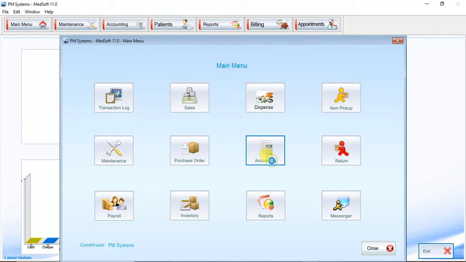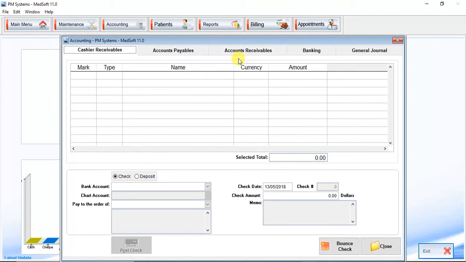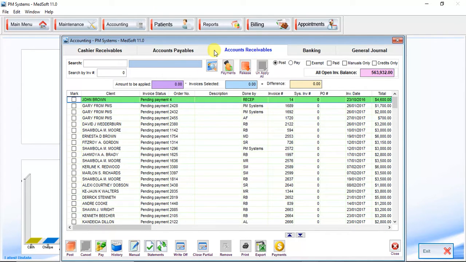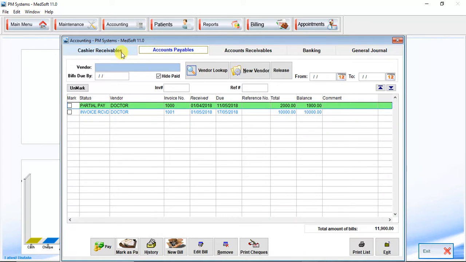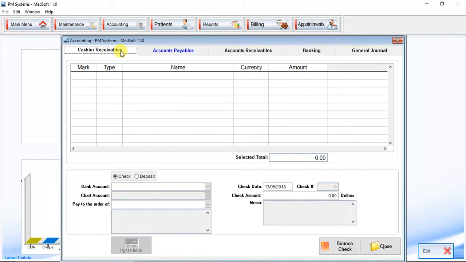We looked at accounting, we looked at accounts receivables in some detail. We can look at these other sub-modules of the accounting module: